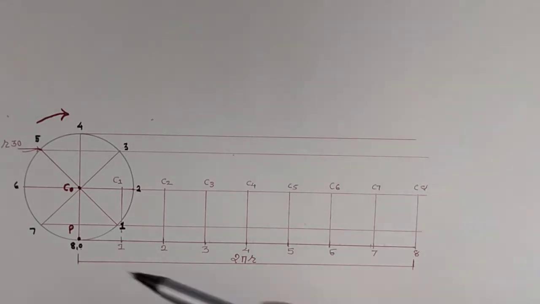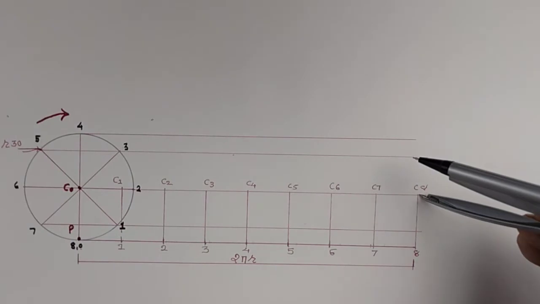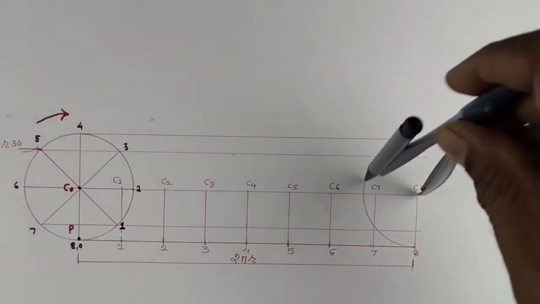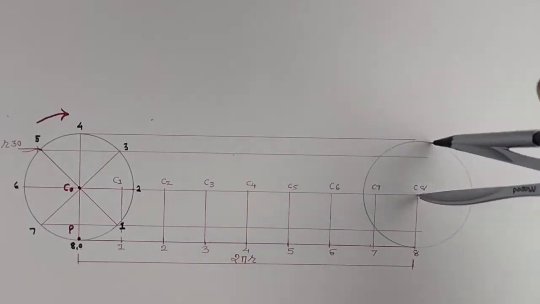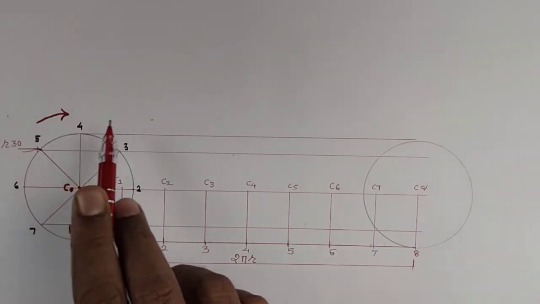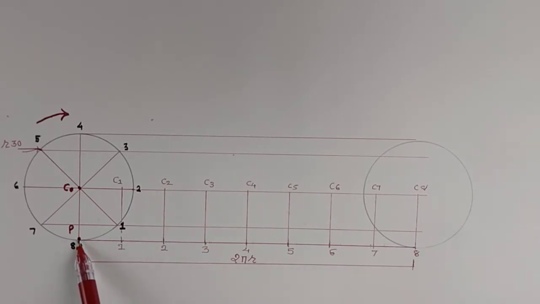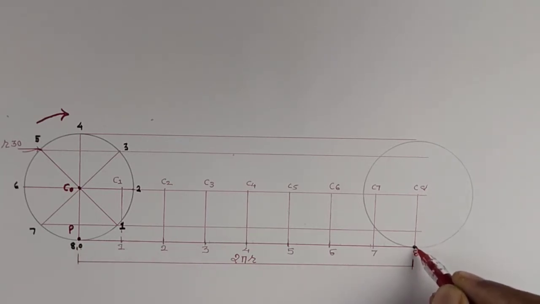Suppose I draw the same 30 mm rolling circle at the last position and we go for understanding the situation here. When the rolling circle has completed one revolution, your 0 point, it means P point, is here. On the second revolution, the P point again touches my straight road.